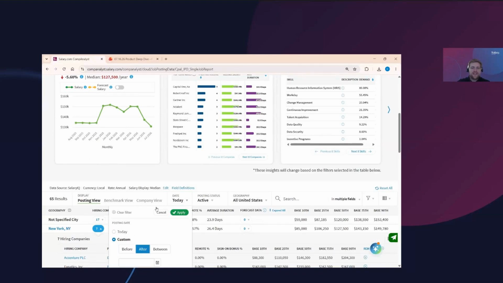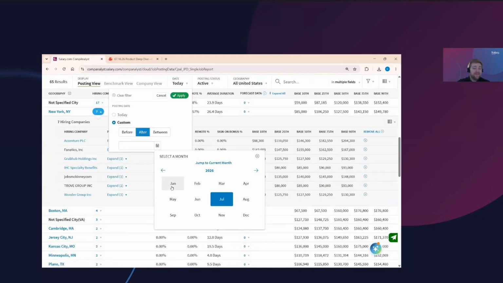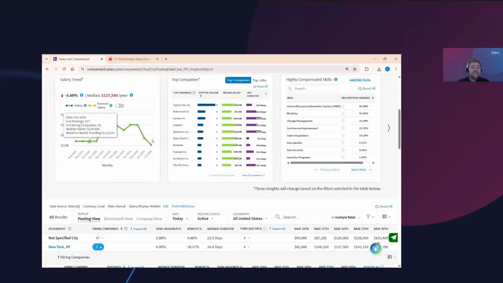One of the other cool features is just being able to go back in time. So if you have a really unique job title, say, hey, there aren't a lot of cheesemaker job descriptions out there, not a lot of postings. So let's open this up to the last 6 months. Let's open this up to the last year. We retain job posting data for 3 years going back in time, which allows us, of course, to trend data,